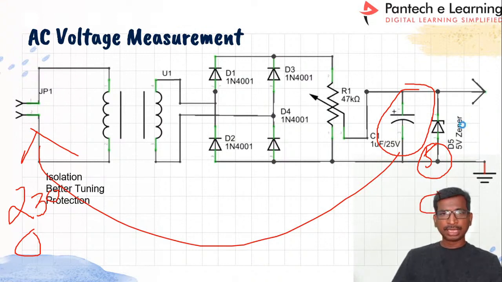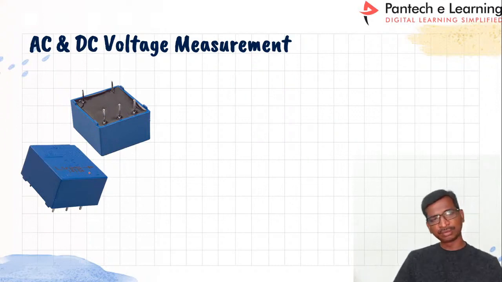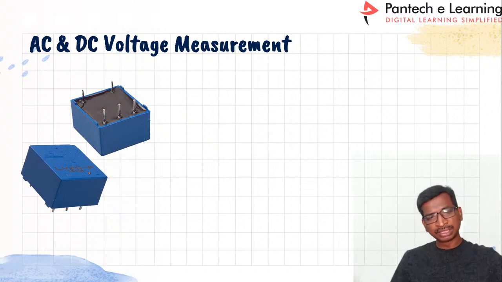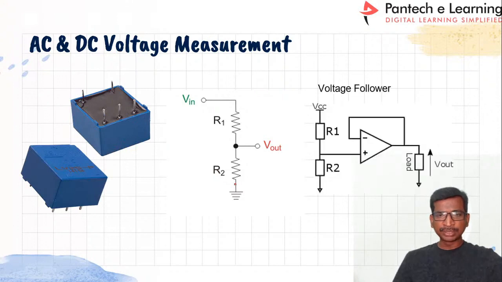Alright. And similarly, for AC and DC voltage measurement, there is a sensor called the LEM sensor LV25P. That is the world's top sensing element. With this sensor we can sense the voltage. After the sensor output, we can connect R1 and R2, again the voltage divider method, and finally connect a voltage follower to get a proper output voltage from the sensor. So this is a very simple circuit. This is the positive and the negative.